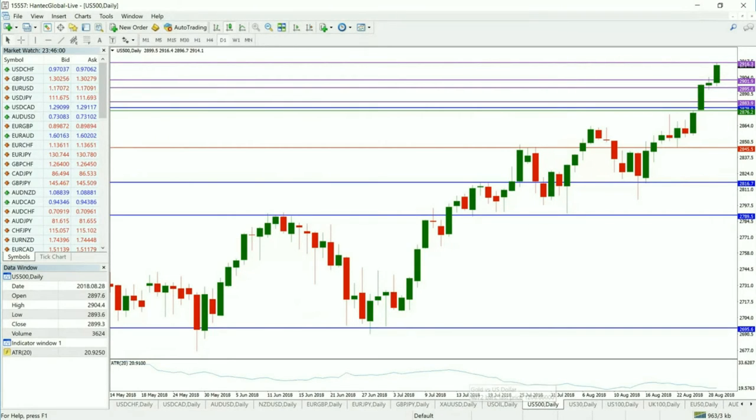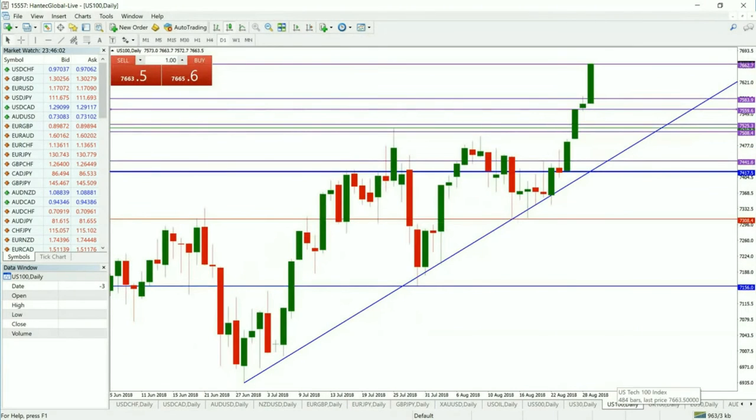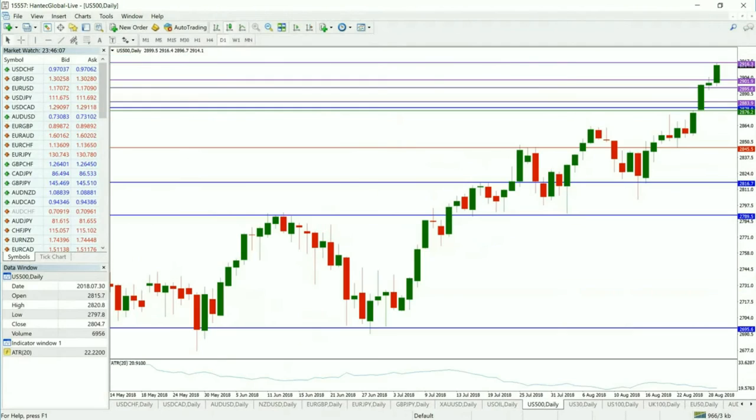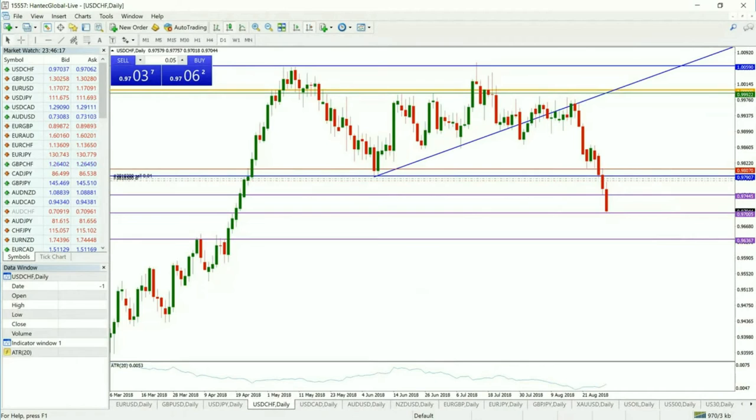So we're looking for a couple of equity pairs. We're looking to buy the Nasdaq above the 76.62. We're looking to buy the S&P above 29.16. And then if we finish off with just a brief review of our dollar Swiss trade, looking to sell this market below